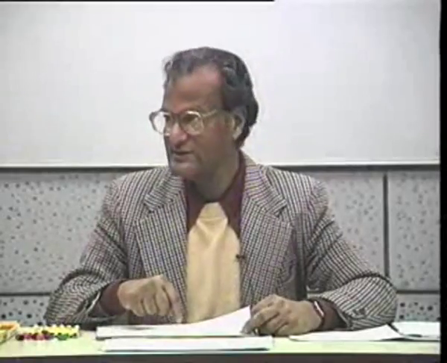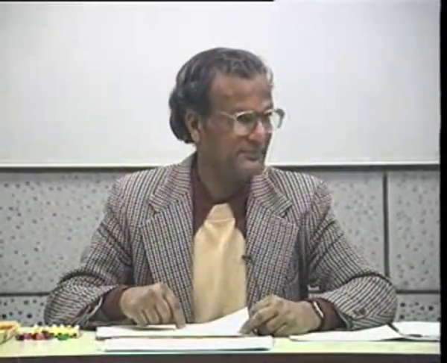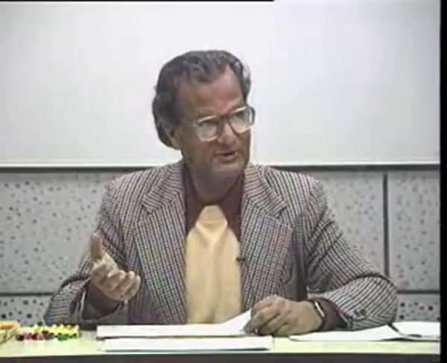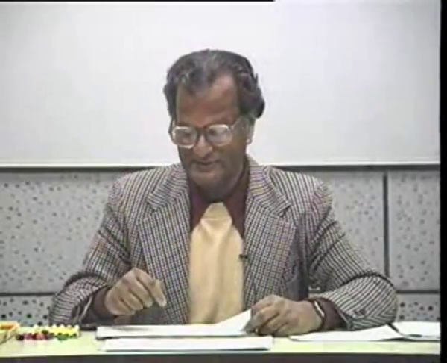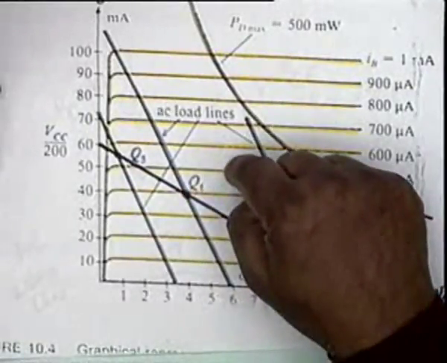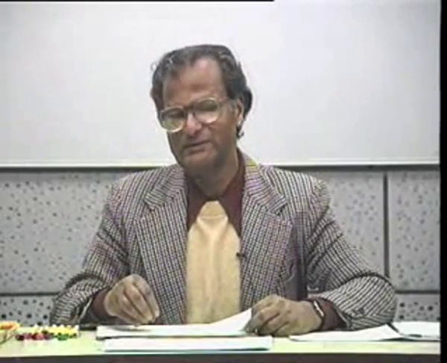We want to establish two terms, establishment and stabilization. Not only do we want to establish an operating point under the present conditions, we also want to make it a stable operating point, that is, despite provocations of temperature change, replacement of transistor and so on and so forth, despite all provocations, Q1 should at the most change to Q1 plus delta Q1, where delta Q1 tends to 0. So we will look at the various aspects of stabilization next time on Monday.